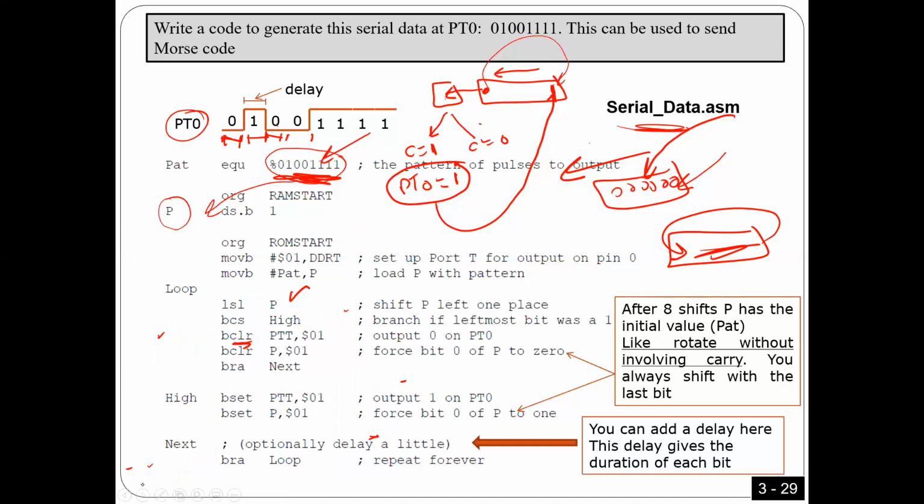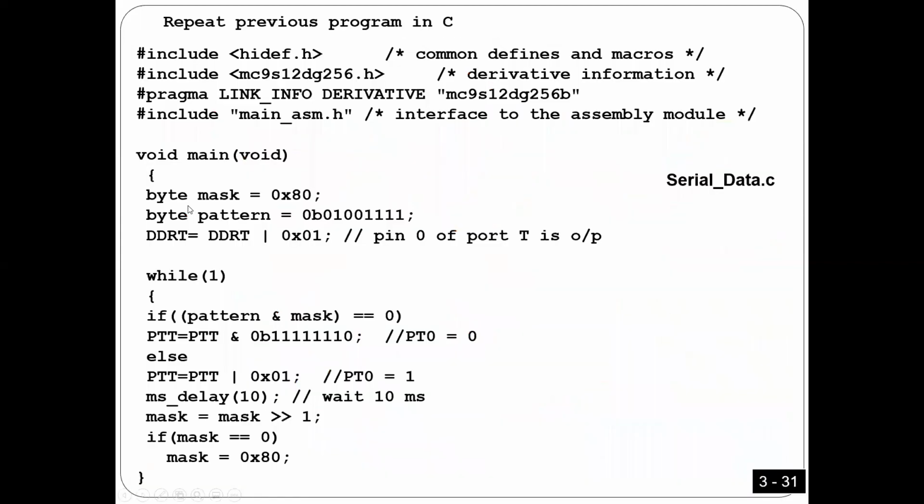So what I did here, guys: number one, shift. Number two, if it is high, go to high; if it is low, go to low here. Is that okay? And then after I'm done, I'm gonna come to here. Here I can add a delay, y milliseconds, and then I'm gonna keep repeating again. Come here, keep repeating again. You can do this well. I'm gonna explain now exactly the same program, but